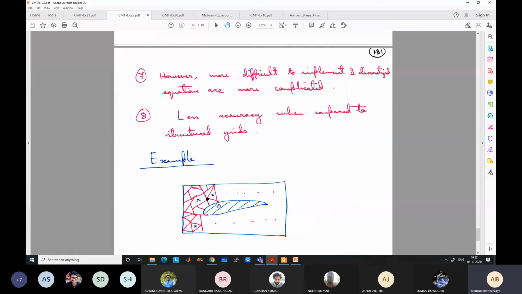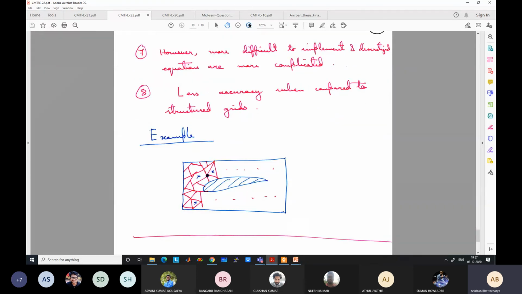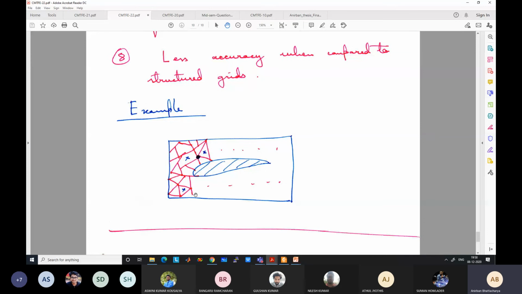So this is an example for the same problem, an aerofoil structure. If you want to fit in a structured grid, I have just given a crude example. If you want to fit in an unstructured grid, this is an example of unstructured. I have fitted triangles. I could have fitted more triangles here. They need not be all triangles. For example, you can see this has 1, 2, 3, 4, 5 sides. This is a pentagon. This is also a pentagon. These are triangles. There are some quadrilaterals.